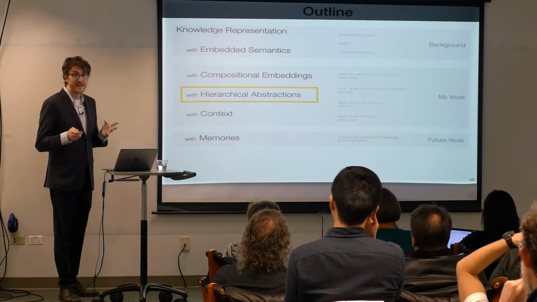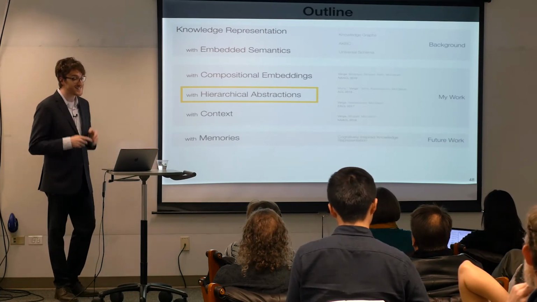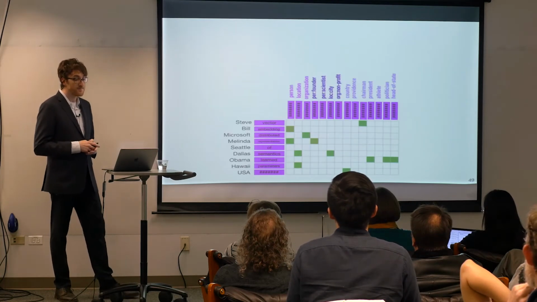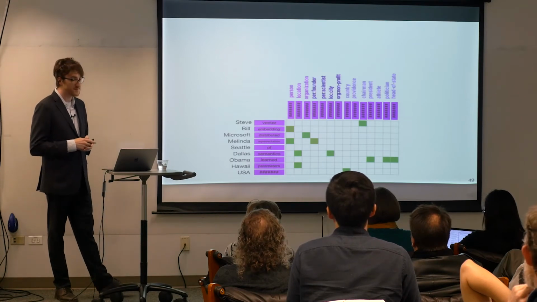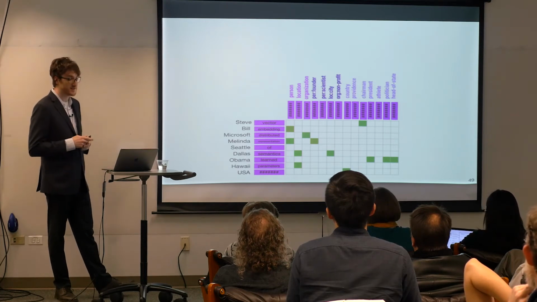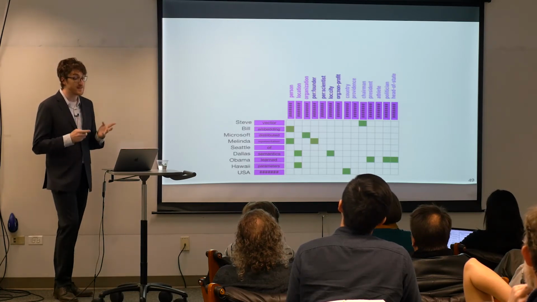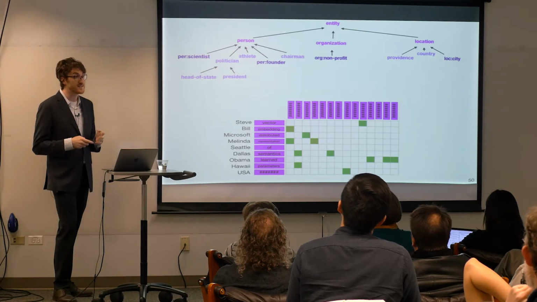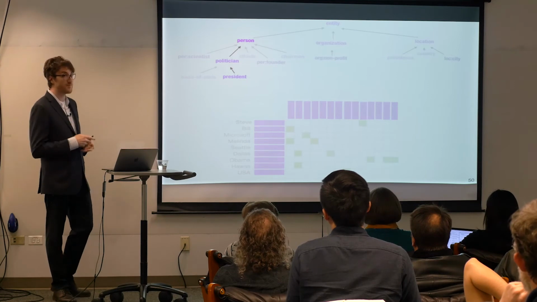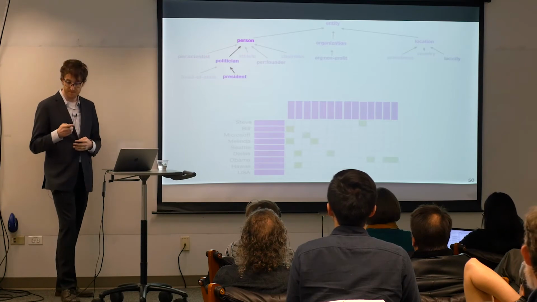So now that we've talked a bit about embedding entities and their relationships, I actually want to show how we can improve our embedded representations further by explicitly modeling hypernym relationships between the types themselves. So let's look back at our entity type matrix. Here the rows are individual entities, and the columns are types that those entities can take on, such as person, location, and politician. So far we've been treating these column types as a flat set, but in reality, these types exist in a rich hypernym hierarchy, such that a president is a politician and a politician is a type of person. And we'd like to be able to leverage this additional structure to improve our models further.